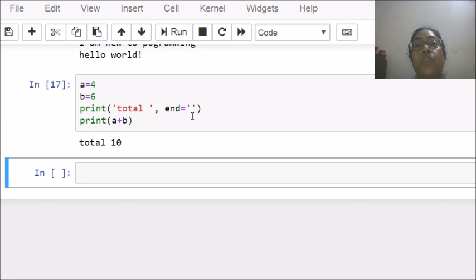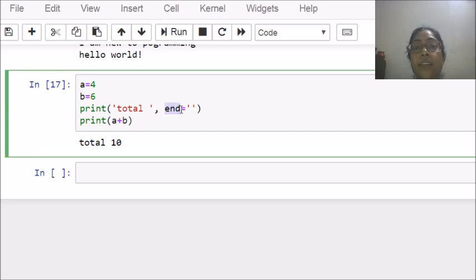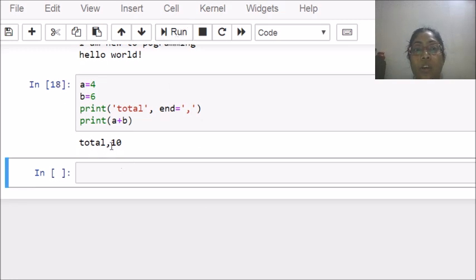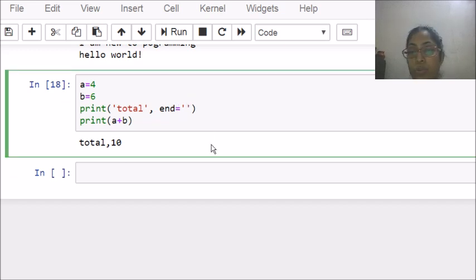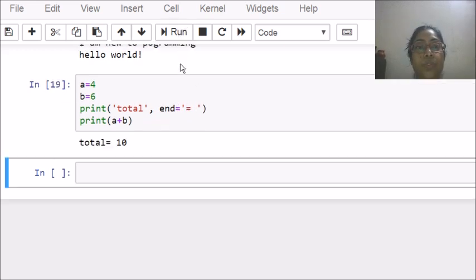But if you don't want to insert a new line character, then you can use this end attribute inside print statement and write whatever you want to write here. Suppose in this end attribute I am using comma, then what will happen? It will insert a comma after this total. Or suppose I want to use equals to, so it will insert equals to.